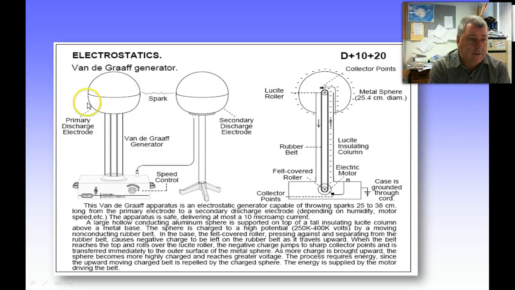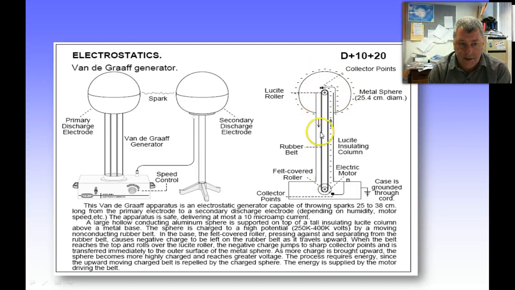Well, this is our Van de Graaff generator. So here's a representation of a Van de Graaff generator. We have one like this, but we don't have the secondary charge. And how it works is there's a big rubber band, and there's a motor and a roller, and this bottom part of the Van de Graaff generator is earthed, and then the rubber band goes up. This cylinder is insulated, so we have a large metal sphere up here,